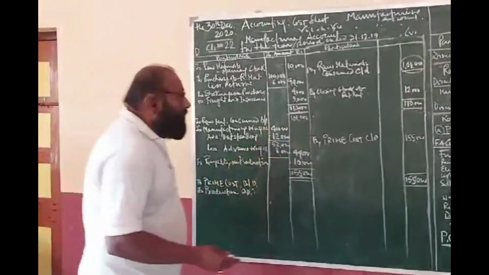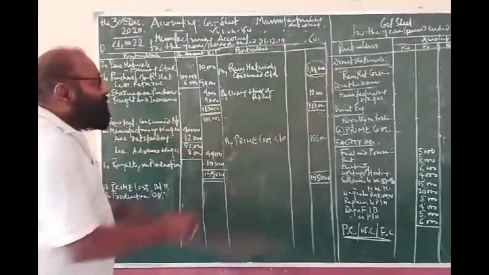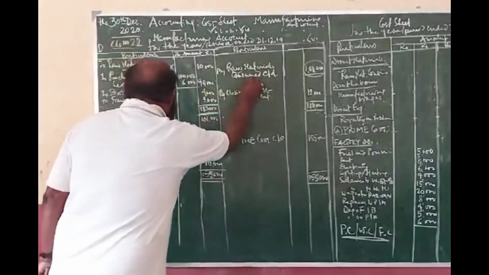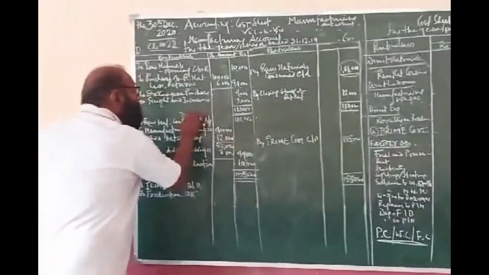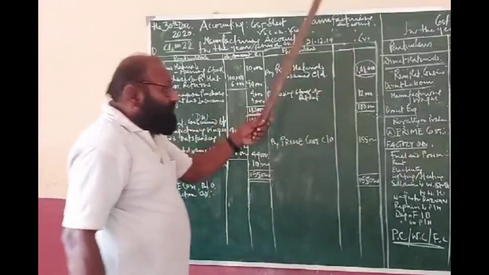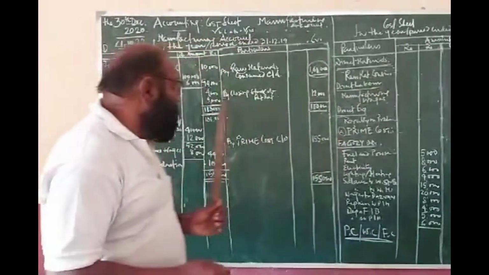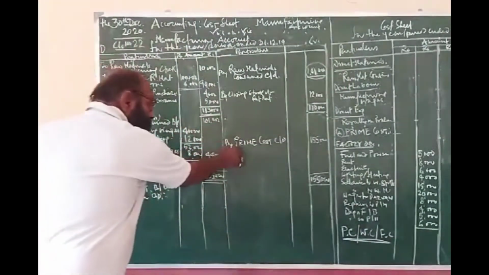Then comes direct labor. Now what you do, direct labor is added to direct materials. So the raw material consumed, or the direct material, has been brought down over here. As we did in that case, the gross profit was transferred to the credit side.